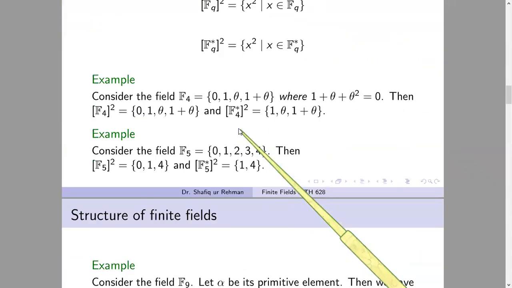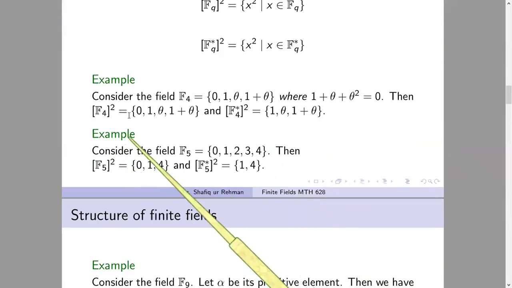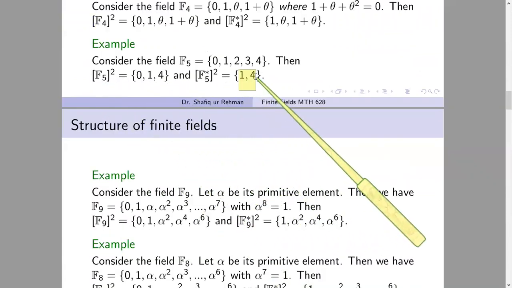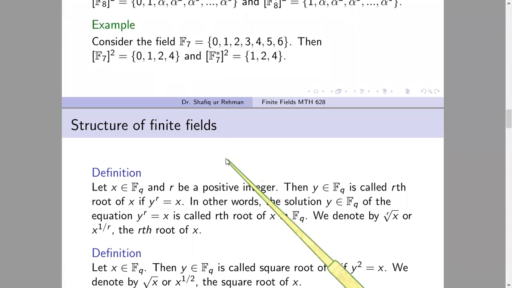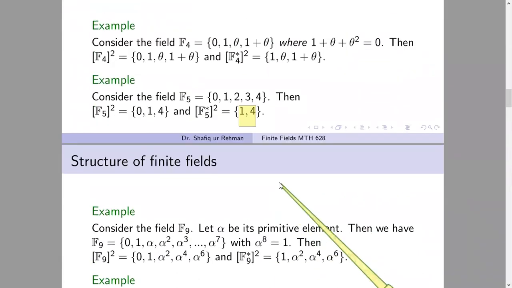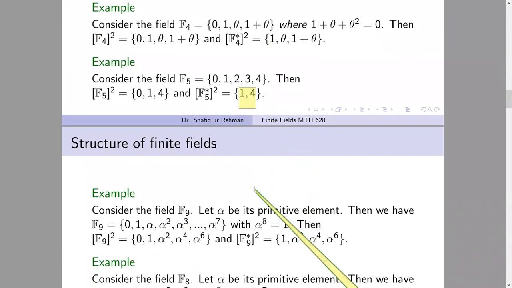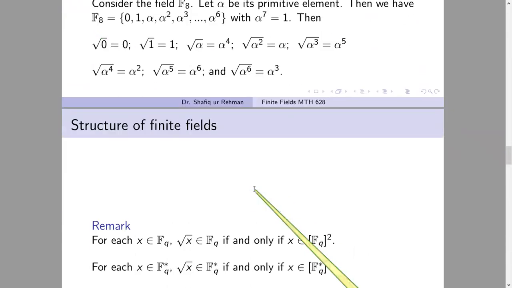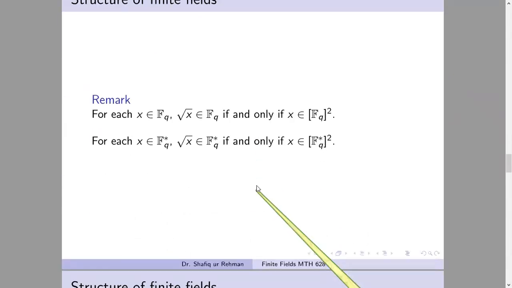और एग्जांपल्स में हमने ऑब्जर्व किया कि इवन केस में तो वो सेट पूरा फील्ड आ जाता है, लेकिन ऑड केस में वो पूरा नहीं आता, उसमें हाफ एलिमेंट आते हैं, हाफ नहीं आते। फिर हमने स्क्वायर रूट की बात की इससे रिलेटेड, कि जो एलिमेंट इस स्क्वायर्ड वाले सेट में आएंगे वो वही होंगे जिनका स्क्वायर रूट एग्जिस्ट करेगा, बाकियों का नहीं करेगा। एग्जाम्पल्स की मदद से इसे देखा और हमने देखा स्क्वायर रूट यूनिक नहीं होगा।